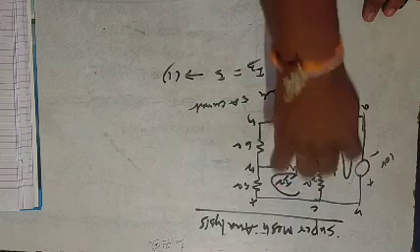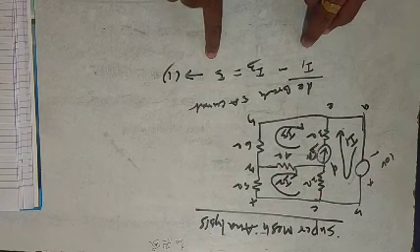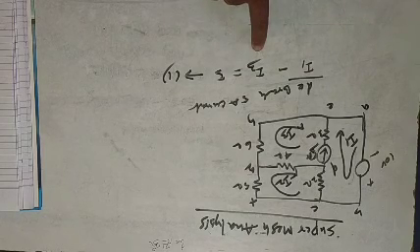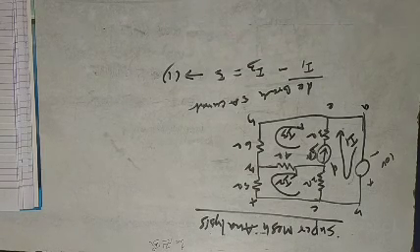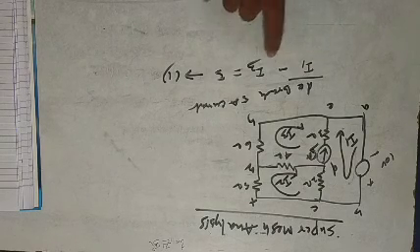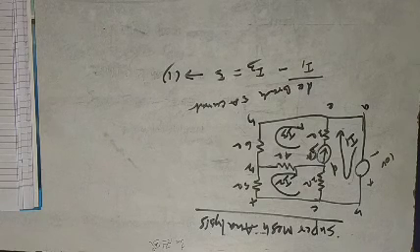This is the first equation. See that I1 is positive and 5 is positive, because the direction of I1 and 5 is the same, whereas I3 is against the independent current source. So I1 minus I3 is equal to 5. This is the first equation.